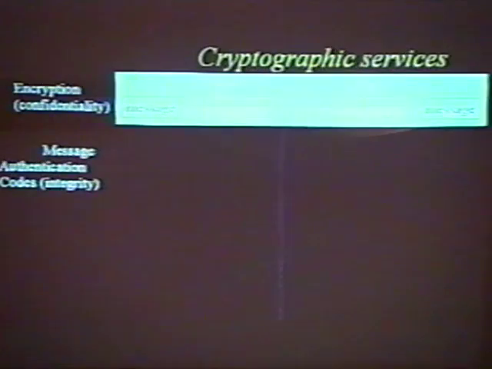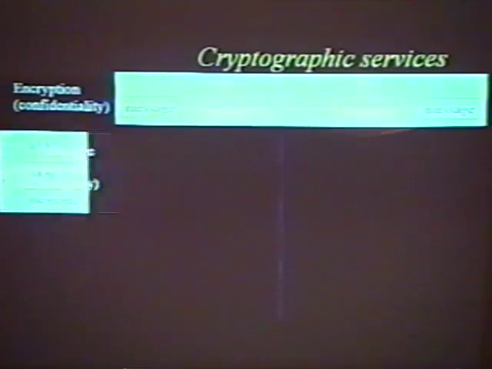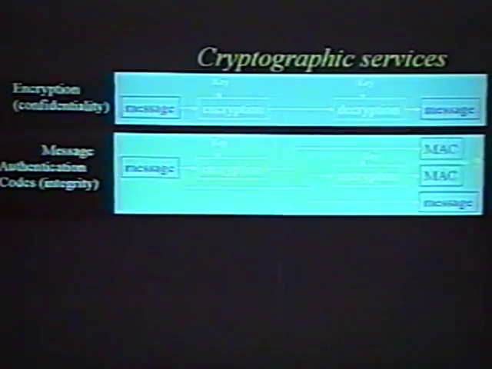If we're looking at message authentication codes, which can protect your integrity, the scheme can work like this. If we send a message again from the left to the right, we send both the message and an encrypted version of the message. And this encryption we call the message authentication code.